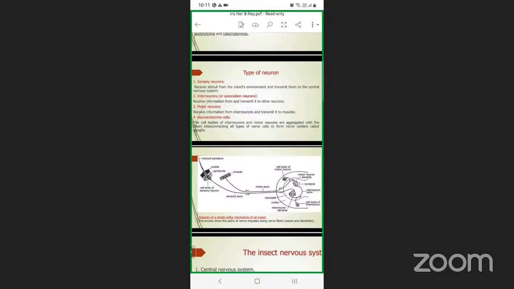This figure shows how the cell body of the interneuron and its axon go, where this axon is going and joining the axon of another neuron, and where the synapse